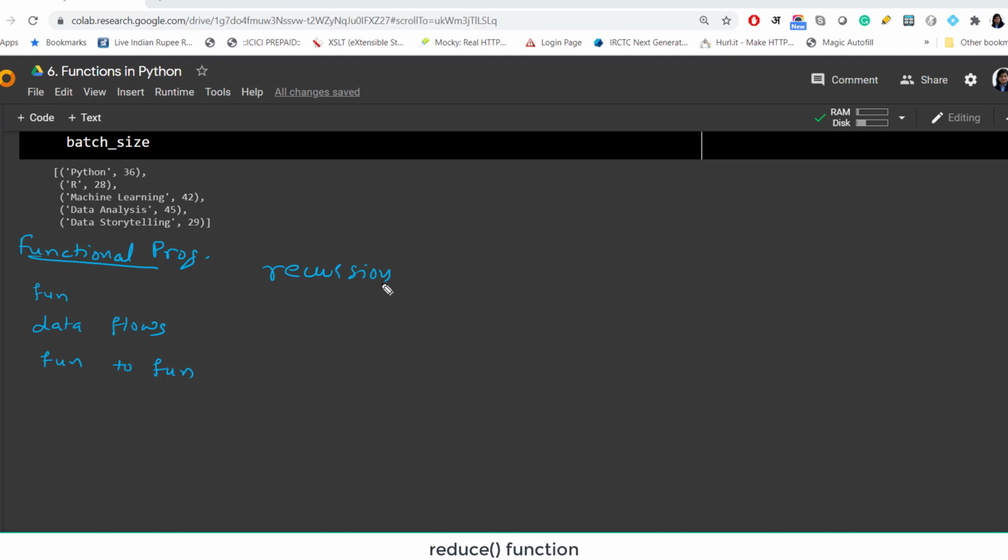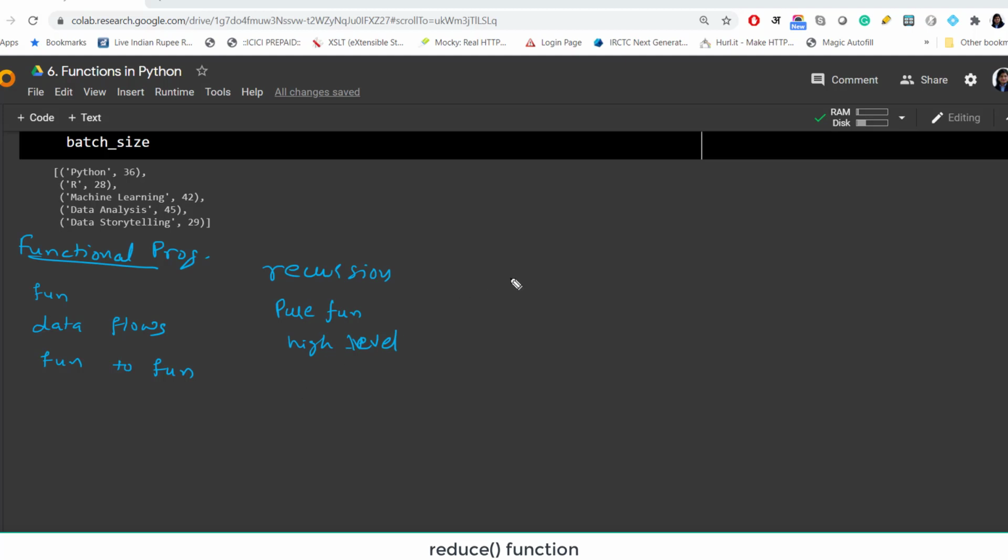So this style works on recursion. This style works on pure functions. Pure functions means the functions which remain intact and do not change the global variable, right? They just take some input and every time give you the same output for those input values. They don't change anything in the global environment. And basically we have higher-order functions, which take another function as the input. So this kind of concept it works on.